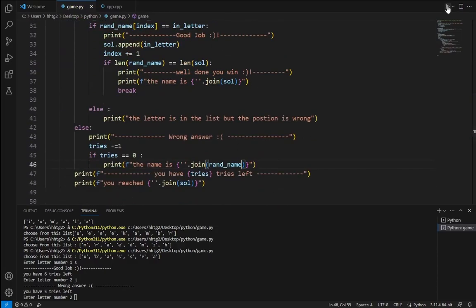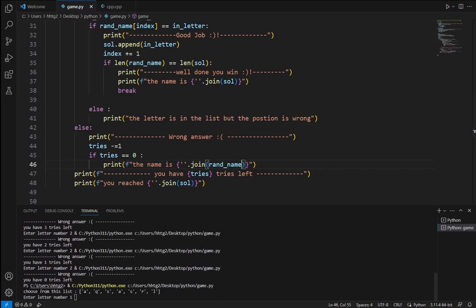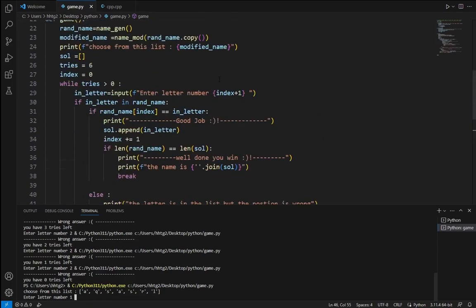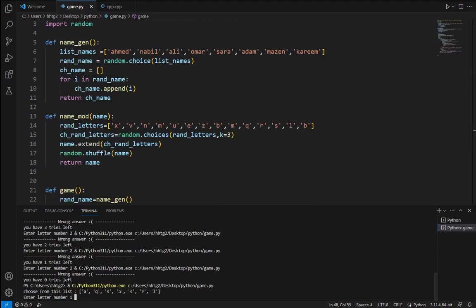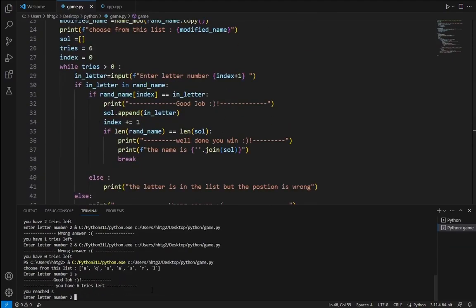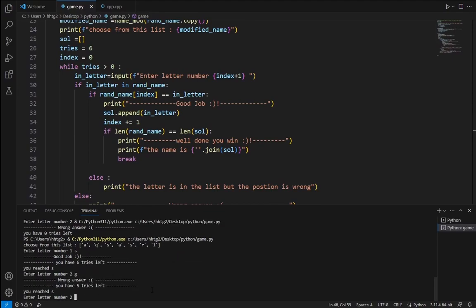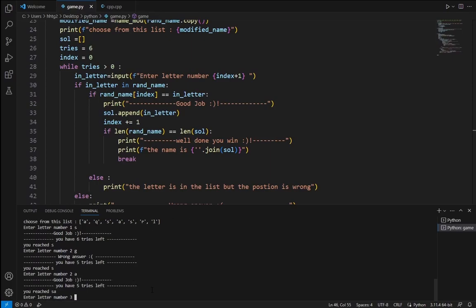Bismillah. Yeah, choose from this list. So I think the name, because I created the list, is going to be Sa. So S. Good job. Let me enter a wrong letter like the G. You have 5 tries left. You reached it, so I will put the A. You reached it, the SA. We will try to put T, R, and A. So this is the game, yeah. Well done, you win. The name is